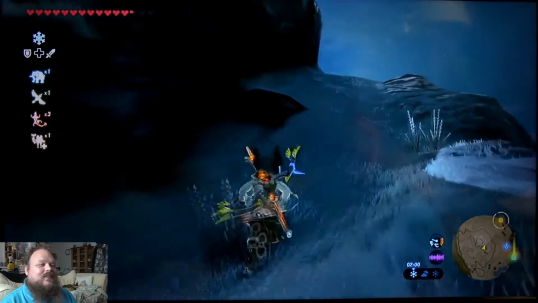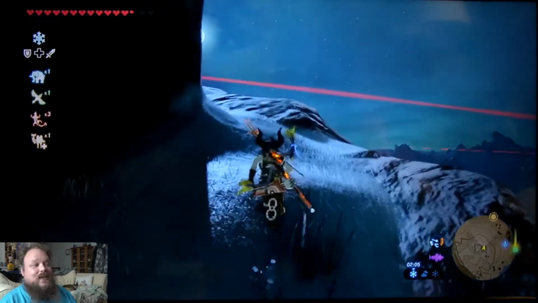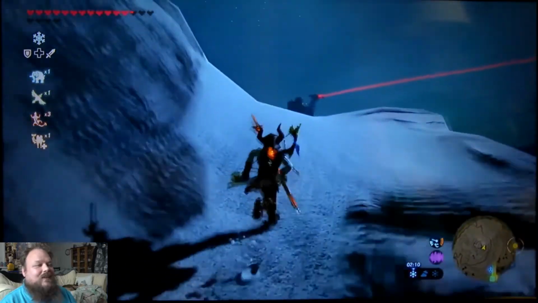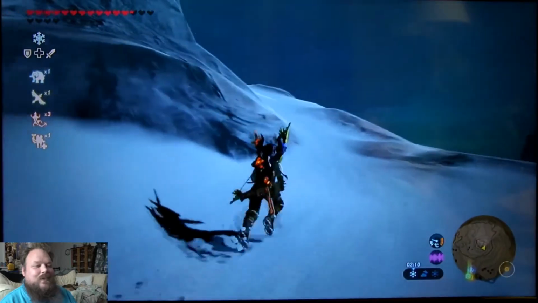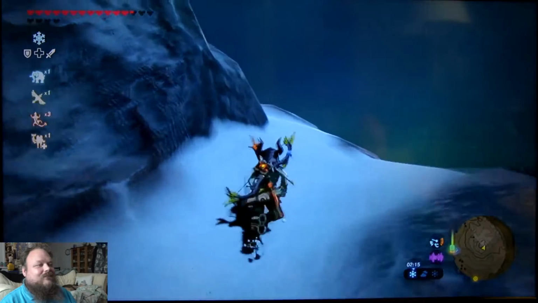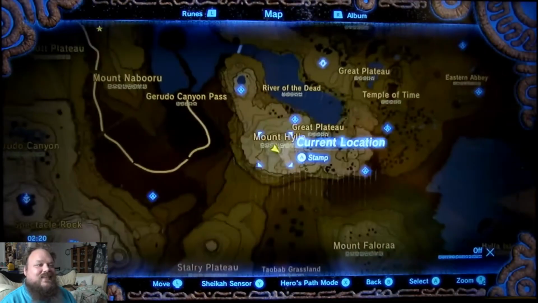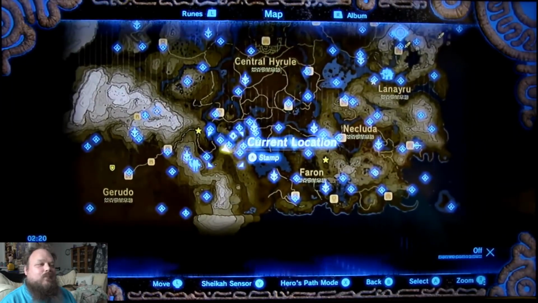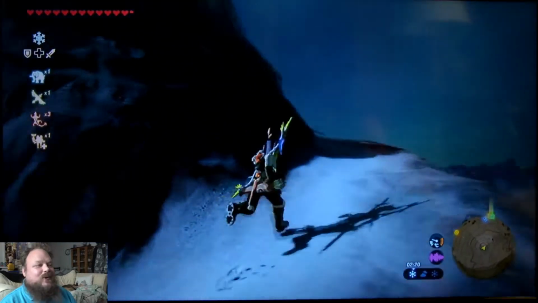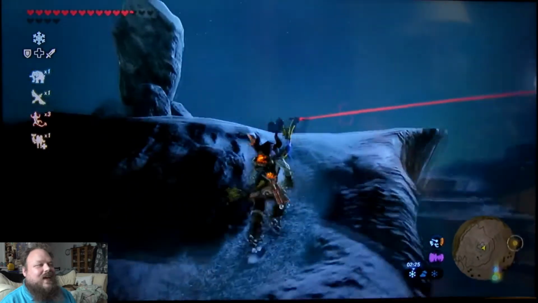We continue along, and bit by bit it becomes clear that actually what we're following is a mountain path, a pleasingly spiraling mountain path. This is, I do believe, Mount Hylia. So this is one of the tallest points on the map. It's certainly not the tallest, but it's one of the tallest points on the map. And we come up, spiraling as we go, and at the top we have